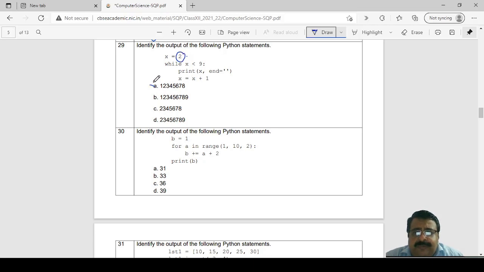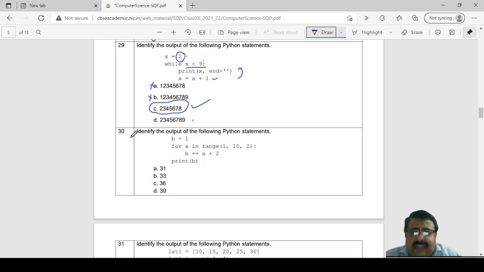Therefore, option number 1 and option number 2 are ruled out. The loop runs till x equal to 8, and the update statement is coming after print. Therefore, 9 cannot be printed. So C is the correct answer.